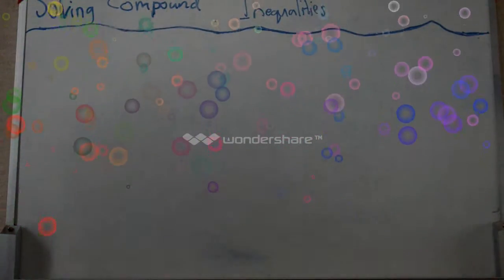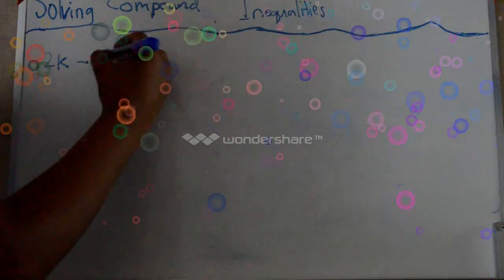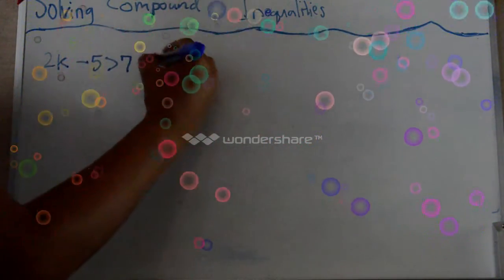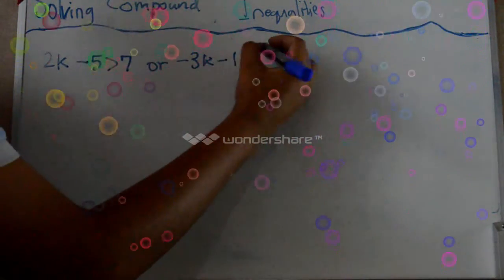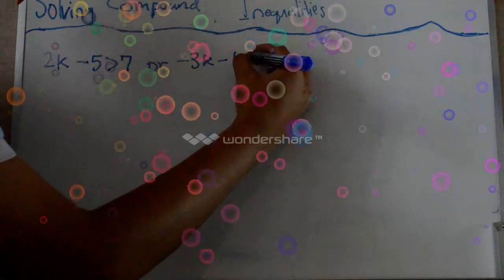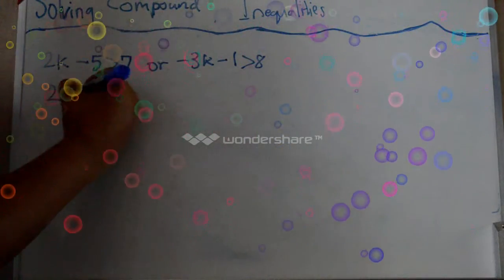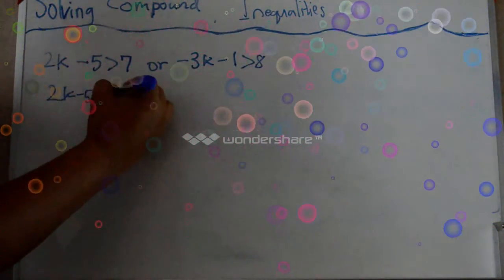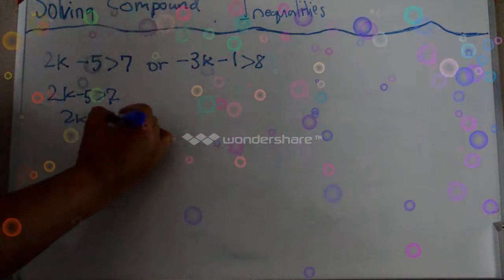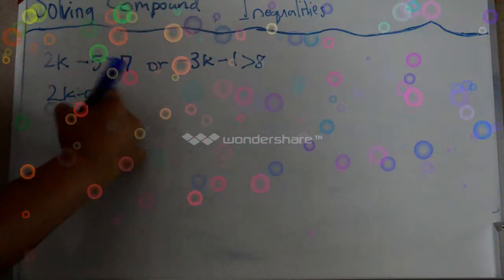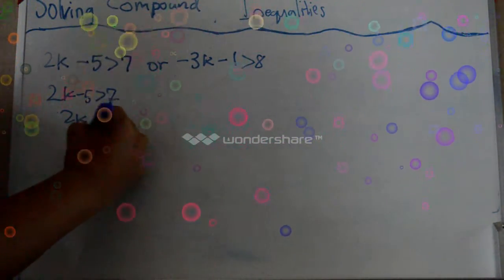So now let's solve some examples. 2k minus 5 is greater than 7, or negative 3k minus 1 is greater than 8. So 2k minus 5 is greater than 7, and 2k is greater than 12. Move 5 there, plus. Now k is greater than 6,